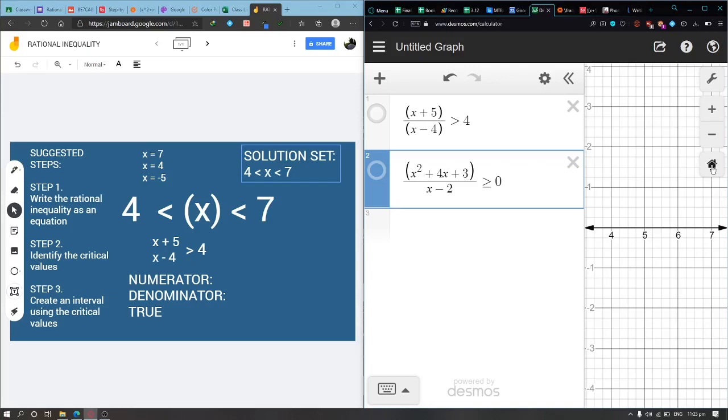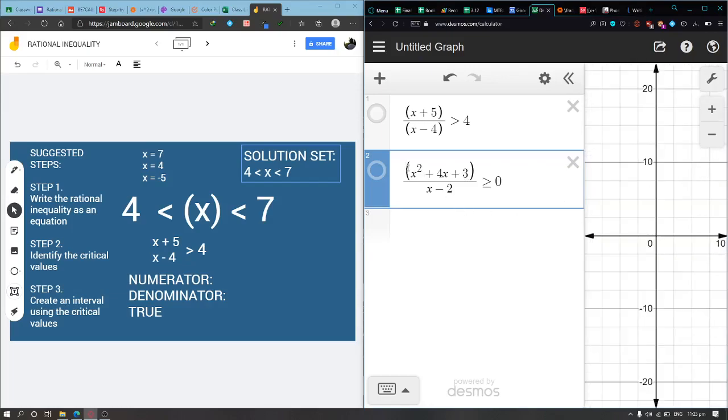So x squared plus 4x plus 3. Again, let us go with step 1. Write the rational inequality as an equation. So write down natin ito as an equation. So yung sign of inequality dyan